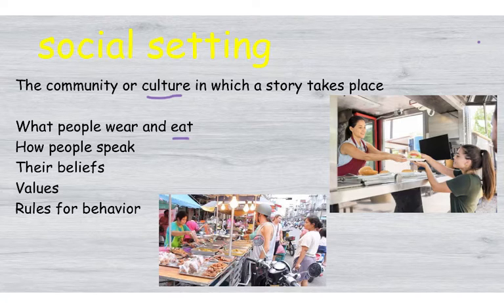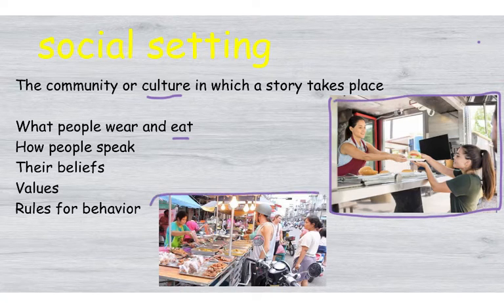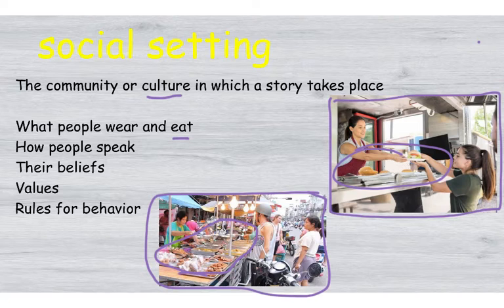So if we look at these two pictures here, we can see just by looking at the setting that they're not in the same place. These people are doing the same thing. Some are getting food and others are making the food like a restaurant. But they're not in the same place. So you can see that this one has lots of different food options, where it looks like this truck here just maybe has sandwiches because there's only the bread sitting out that we can see. And then the other picture, we can see different types of food.